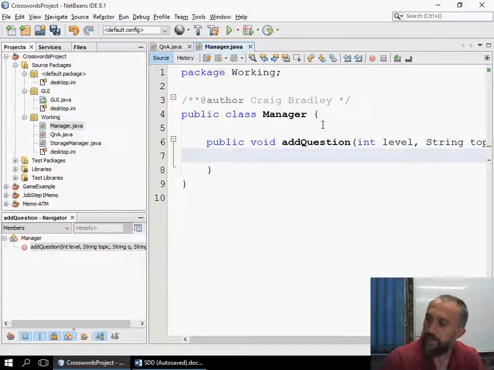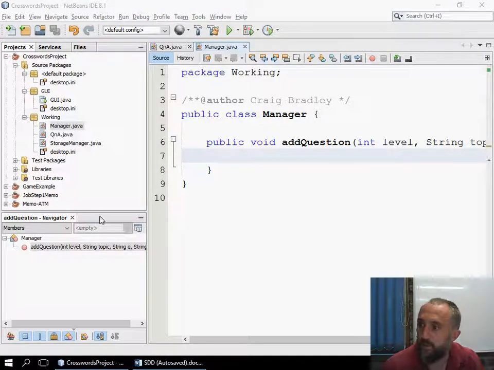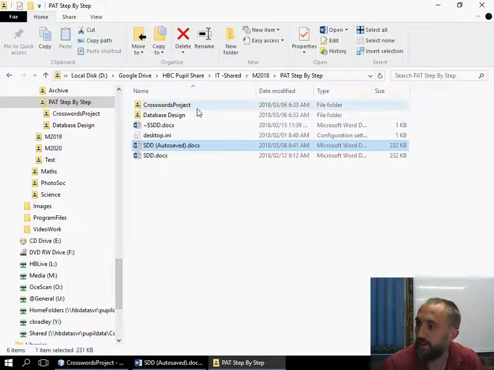So let's do this. The first thing we're going to do is create our SQL statement. Now it's a good idea to have your database open and sometimes to even test your